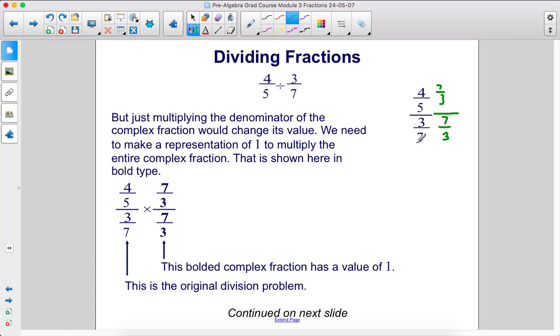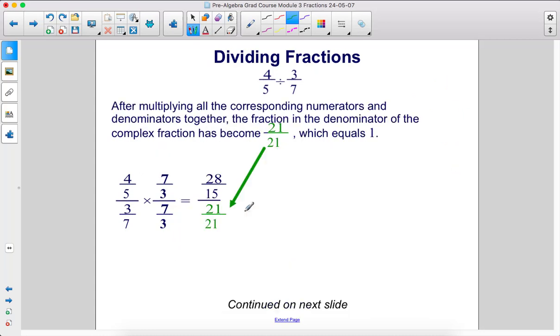Because whatever you do to the bottom, you're going to have to do to the top. So 7/3 divided by 7/3 is 1, which is why we can multiply this whole thing by 7 over 3 over 7 over 3. After multiplying all of this out, the fraction in the denominator has become 21 over 21,